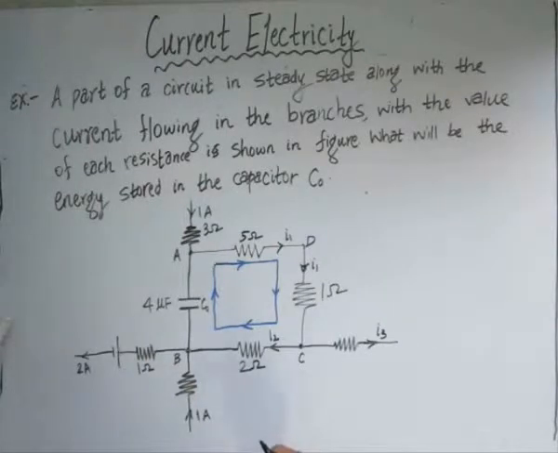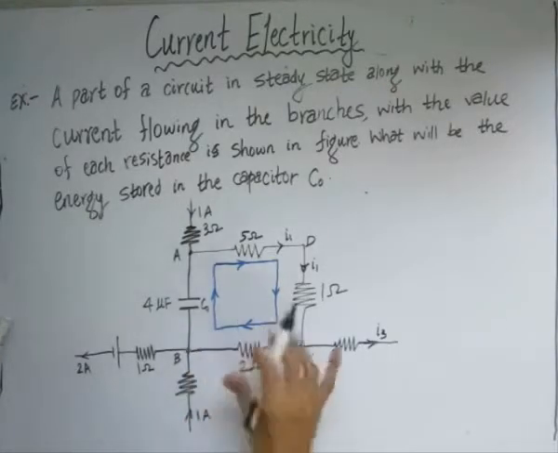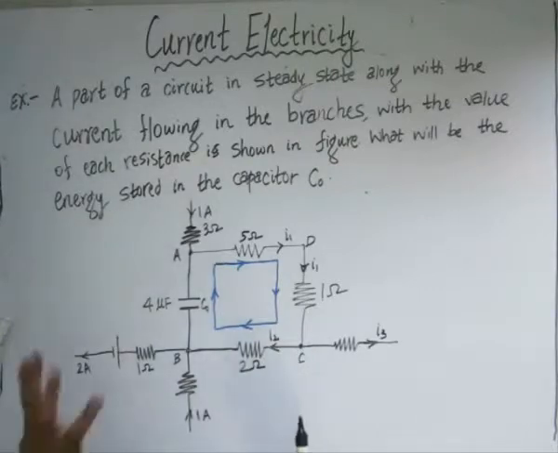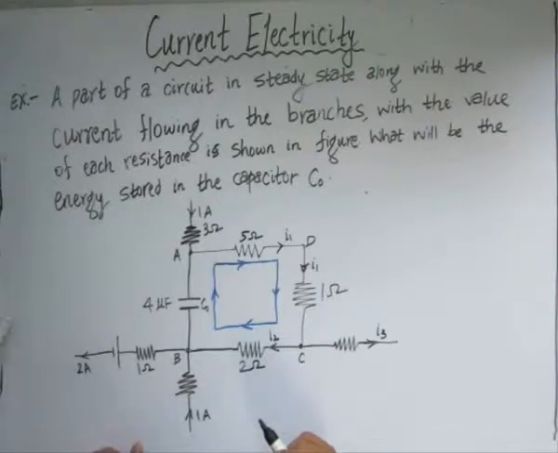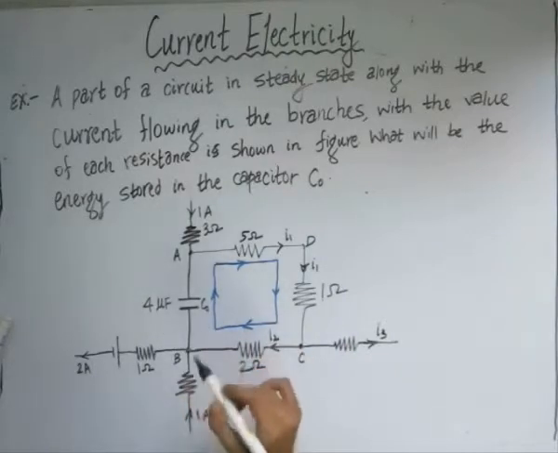We have discussed KVL and KCL. Now, the example we have shown here is an application of KCL and KVL, wherein we are required to find the energy stored in the capacitor, as shown in this diagram. In this example, we'll be studying how to apply KVL and KCL in order to get the potentials or the currents. Then these voltages and currents will be used further to determine the energy stored in the capacitor, as it is asked in this numerical.